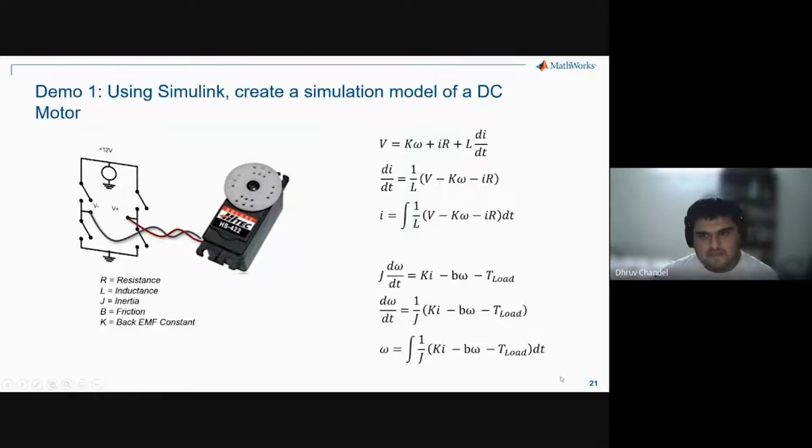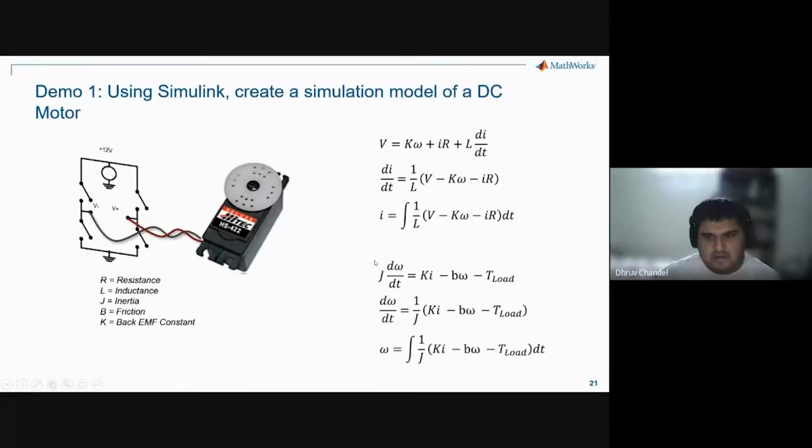And then the second part of the maths behind a DC motor is the mechanical circuit. This equation is J d omega/dt, which is moment of inertia times the rate of change of angular velocity, equals K i, which is the motor constant times the current, minus B omega, which is the friction times the angular velocity, minus some external torque. In the electrical circuit, you put in some energy in the form of voltage, and then it is dissipated in turning the motor, in the resistance and in the inductor.